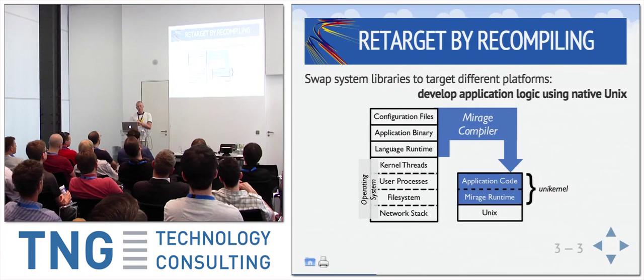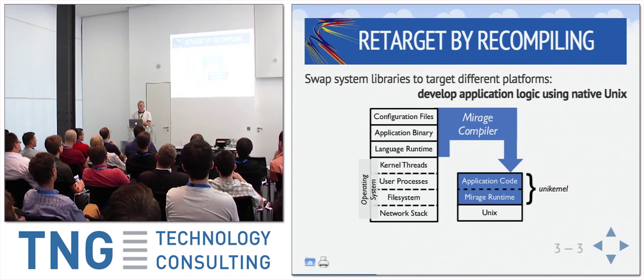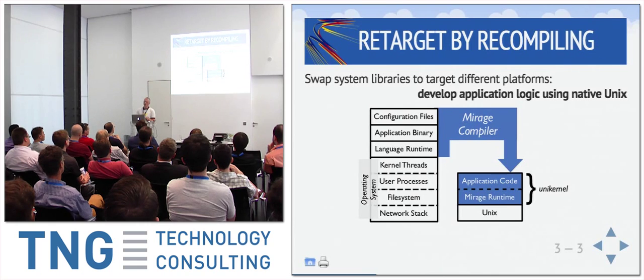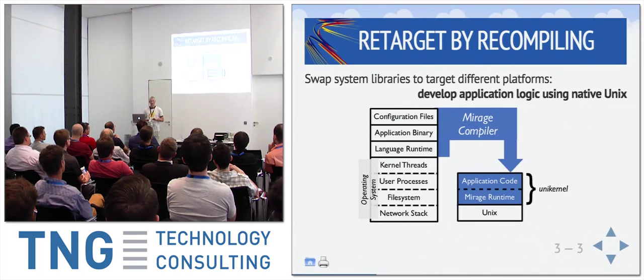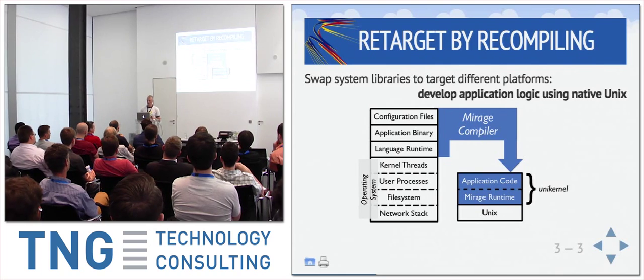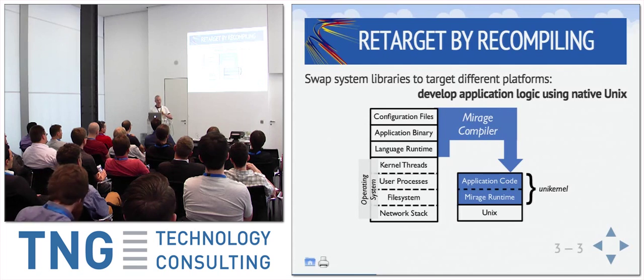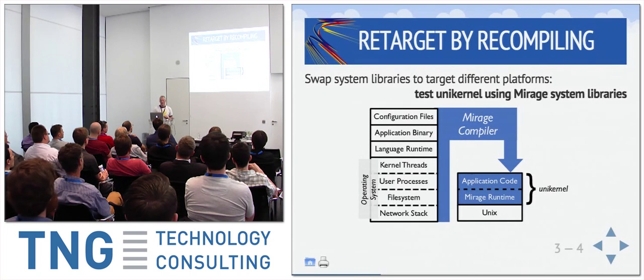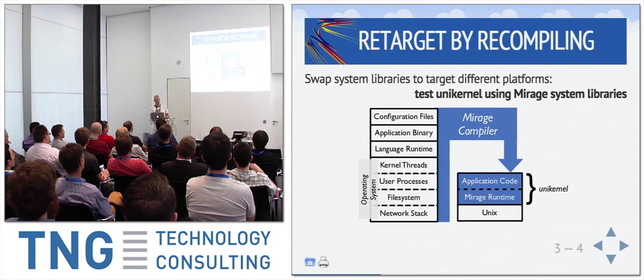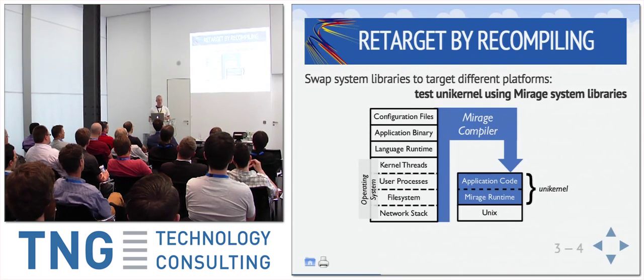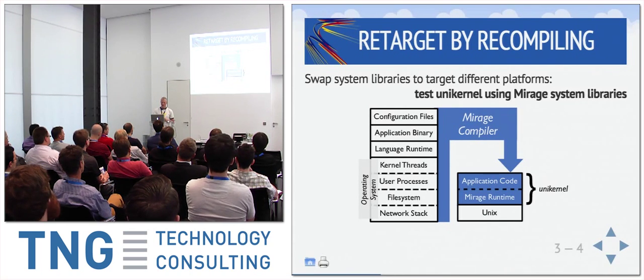You do retargeting simply by recompiling. So the development process is quite nice here. You can develop your application using Unix, in a standard kind of development environment. Use GDB, use all the other stuff that you'd normally use. The only thing you've got to be careful about is which libraries you depend upon. But if you exercise a bit of care there, you just develop on Unix. You can then flip a flag on the compiler. In fact, you change an environment variable. And you start to link against the Mirage system libraries instead of using your platform, your operating system kernel, to provide networking and things. You begin to use our user space libraries instead. So you can test that everything works as you expect.